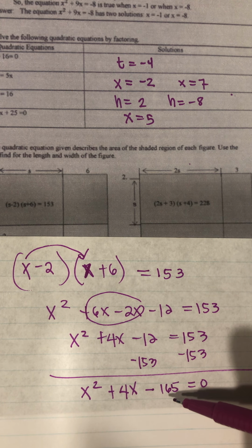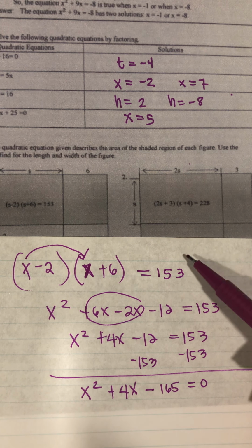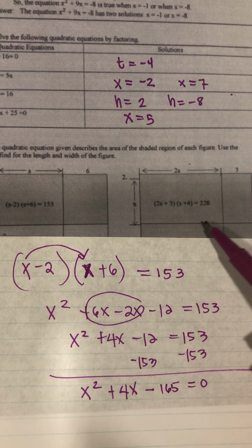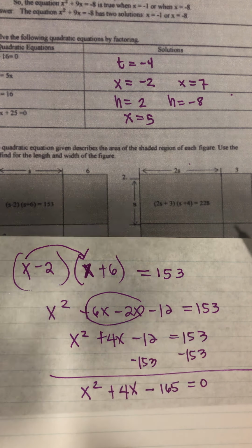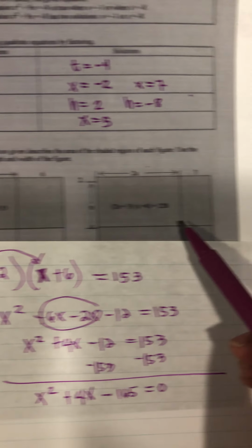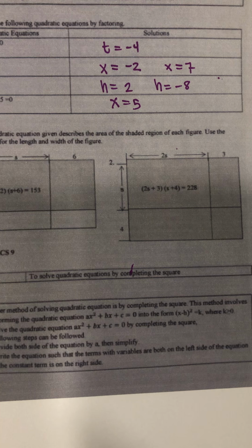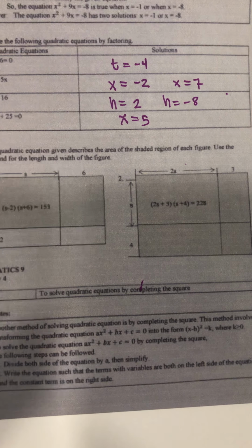That's why I was saying I don't think your teacher should have placed this over here. Maybe they should wait after we introduce another method. Same thing with this one over here. So anyway, we'll get back to that. We're gonna learn another strategy. Okay, so